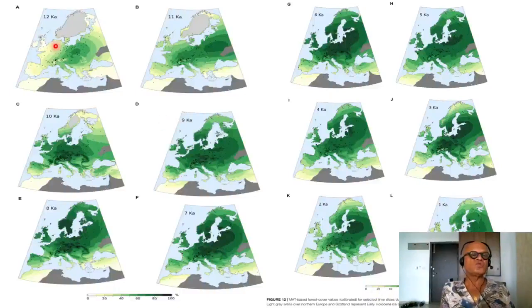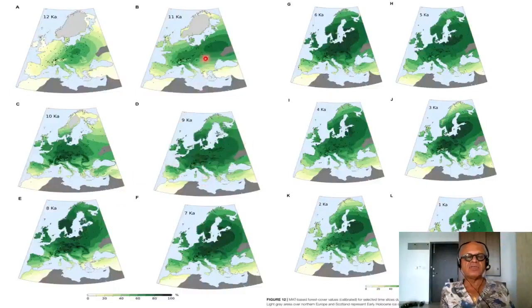So just to go through the periods, climate versus forest cover, we know that we were still coming out of the last ice age. This was a warming period just before the Younger Dryas, so forest cover is much less, so you can see large parts of it are not covered in forest. By 11 kiloyear we are past the Younger Dryas, which happened about 11,200 years ago, and we were into the Holocene warming, so forest cover has expanded. By 10 kiloyear, again the ecotones have changed quite a bit, extending deeper into this region here.